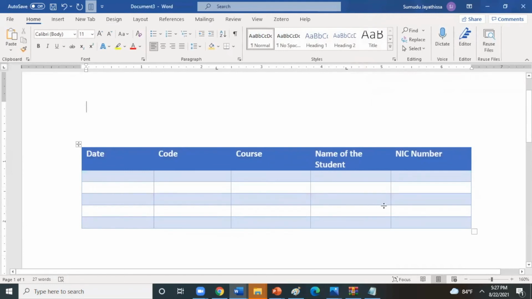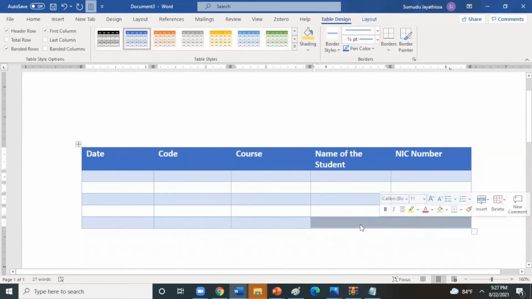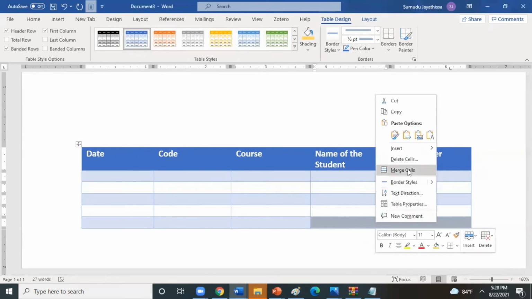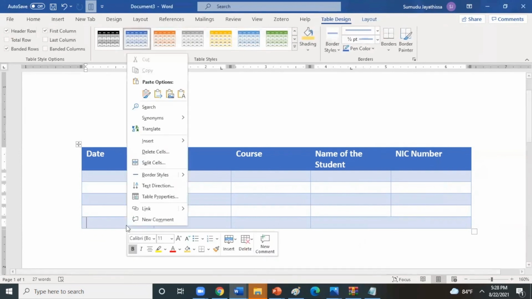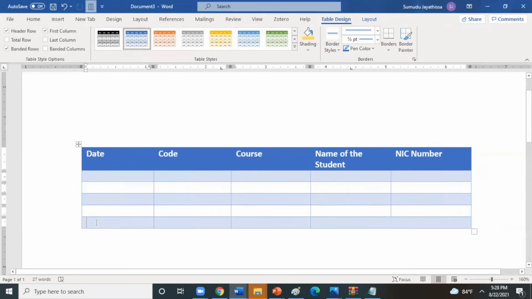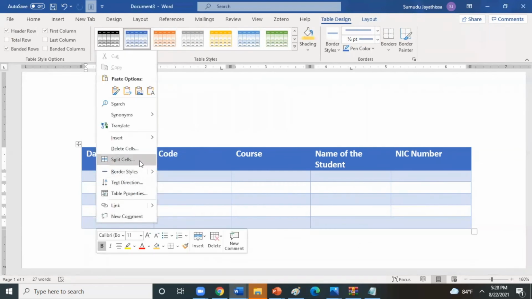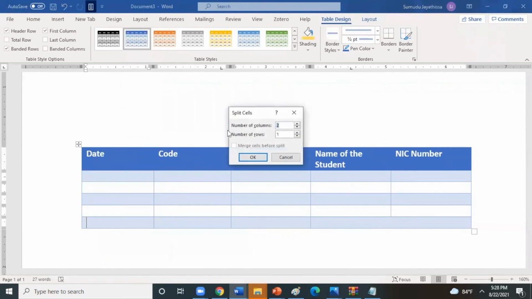And also, if you want to merge, if you want to combine two cells, you need to select these cells, right click, and give the merge option. If you want to split one cell into two or more, keep your cursor in that cell, right click, select split cells.